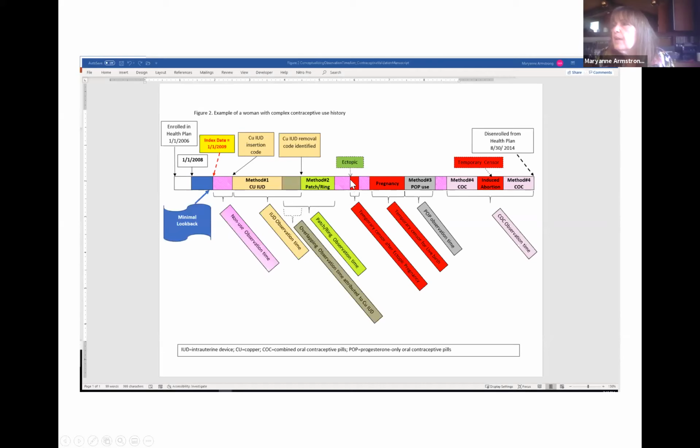At which point she here had an ectopic pregnancy, which, as I mentioned, was what we were focusing on for our study. And that led to a temporary censoring period during that time. That was followed by another period of non-use and a pregnancy, and so on through another 2 methods until she left the health plan in 2014. So I think that gives you an idea of how complicated this data can be and how complicated the algorithm